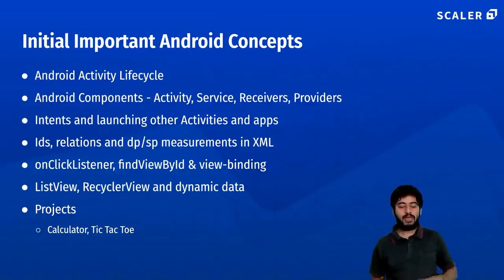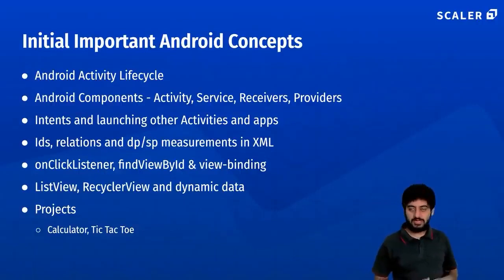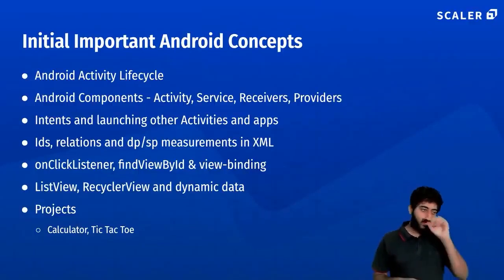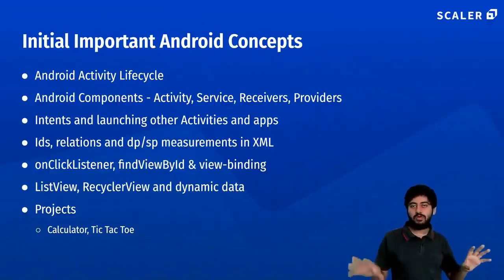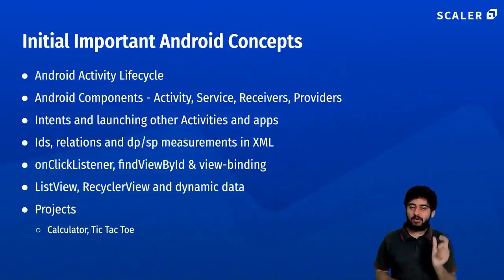Okay. Then on the layout side, we need to spend some time understanding how layouts written in XML interact with Java, how the IDs work in layout. So when we design our UI, it's a little bit like HTML. So we write it in XML, we design a layout, but then that layout has to interact with your Java or your Kotlin code, right? So that's where the IDs are very important. Different IDs, the Kotlin code will actually call that button using that ID, right? Then setting up something like an on-click listener, which is basically the event-driven model of working, which I was just speaking about before. So you should understand how to set up such listeners. That's the next thing to understand.